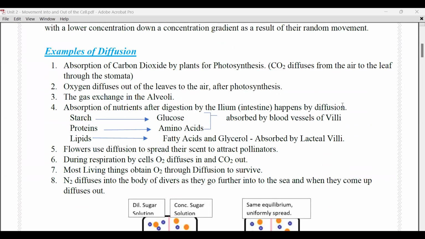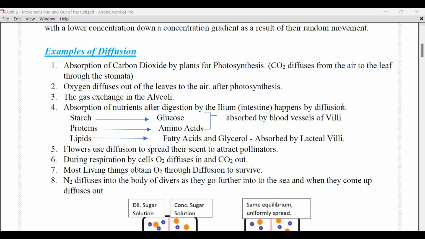As you can see, I have listed a few examples of diffusion below so that you guys would get an idea about the concept. For instance, all gaseous exchange in both plants and animals occurs through diffusion. In plants, carbon dioxide diffuses into the leaf and oxygen diffuses out of the leaf through the stomata due to the different concentrations of the gases inside and outside the leaf. Similarly, in humans, the gas exchange process in the alveoli occurs with the help of diffusion, where oxygen diffuses into the red blood cells and carbon dioxide diffuses out of the red blood cells through the capillary walls due to